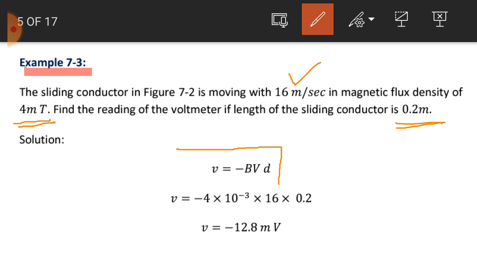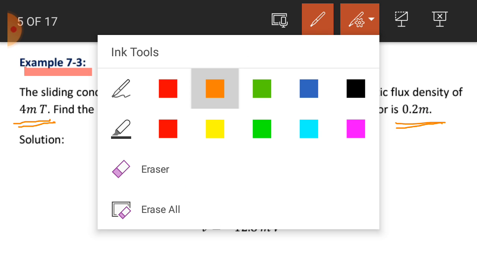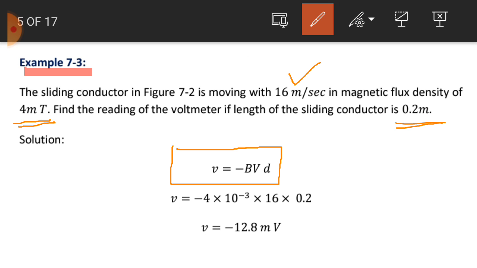The voltage which is induced across the sliding conductor is read by the voltmeter in figure number 7.2. I don't have the figure over here. Anyhow, you can consider this figure in the theory. So we calculate the voltage or the reading of the voltmeter with the help of this particular equation, which is